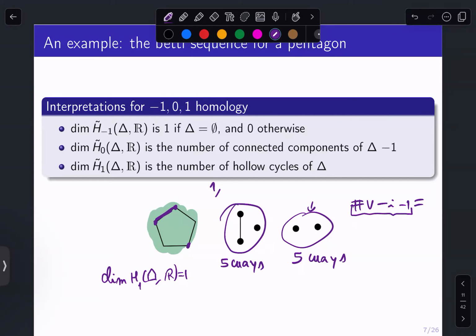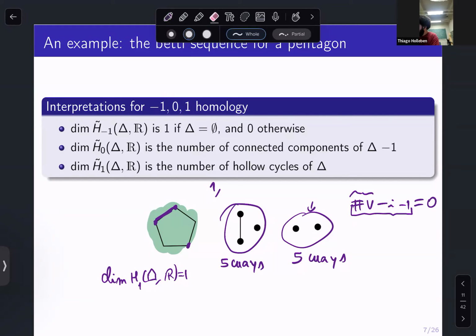So when we have 2 vertices, we're going to have 0 homology because it's like 2 different connected components. So we put a 0 on the other side. Now the number of vertices is equal to 2, so I can erase that. And then for I, you get that I is equal to 1. Okay. So the sequence will be something like 1, 5.